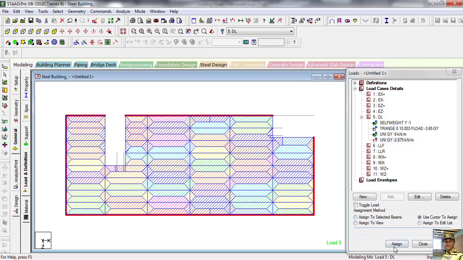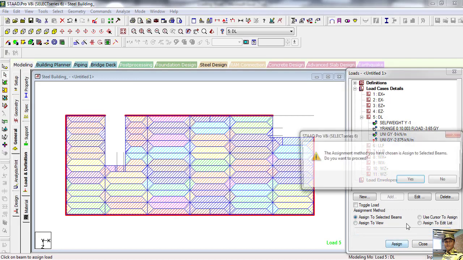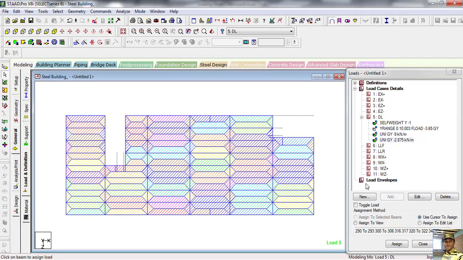Assign to selected beam, assign, yes. Now one thing, our gravity load is also acting beside the stair room. So select this load once again and select this beam, this beam, this beam, and this beam.